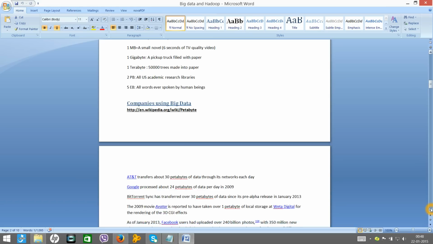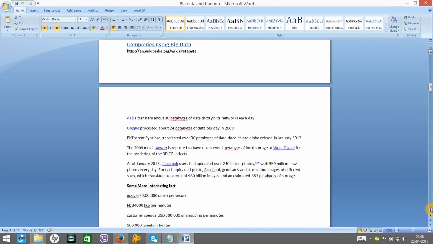Next, let's talk about the companies who are using big data. AT&T, they use big data. Google, they use big data. BitTorrent, they use big data.